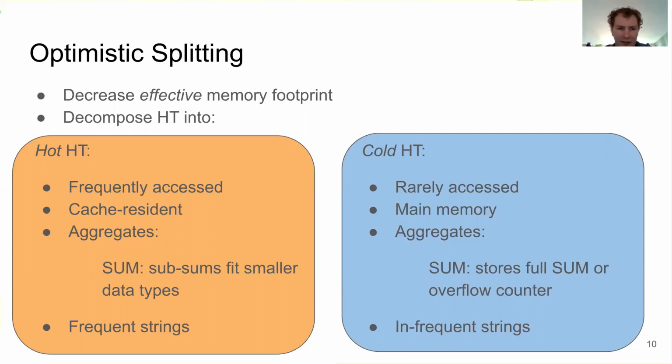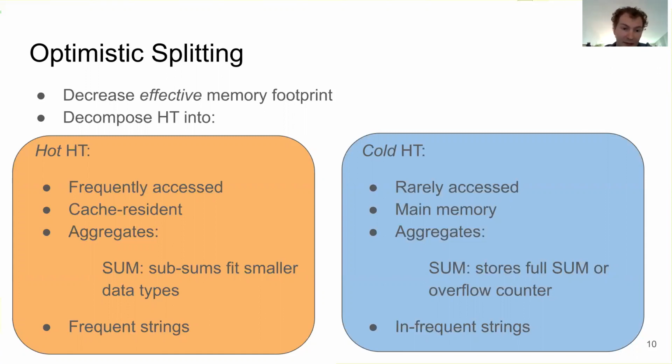Then you would end up with a hot and a cold hash table. The hot hash table would contain frequently accessed data. The cold hash table would include the rarely accessed data. You would tune the hot hash table to be cache resident. And in that hot hash table, you would put frequent strings,